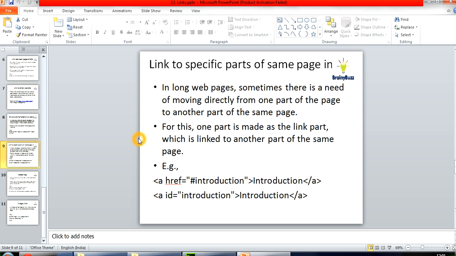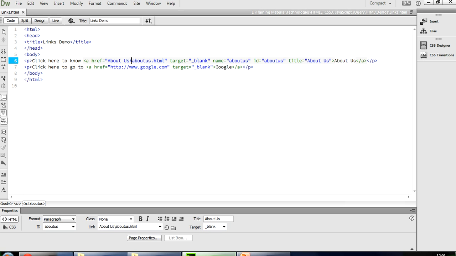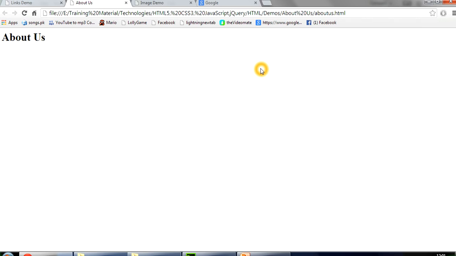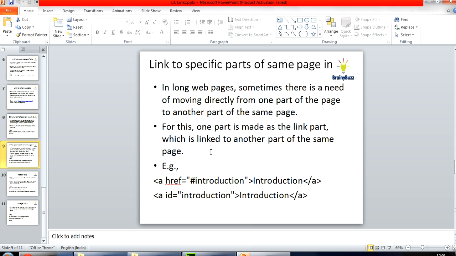Another thing is linking to a specific part of the same page. This is actually important. Sometimes you do not want to link to another page. You have a big web page, and you put an index at the top, and you want to click on a link and navigate to the end. It happens in many websites also. For that we have two options. One is the href, where we put the URL,